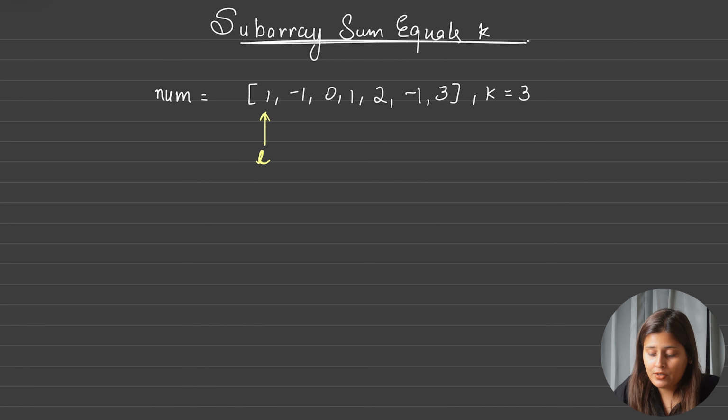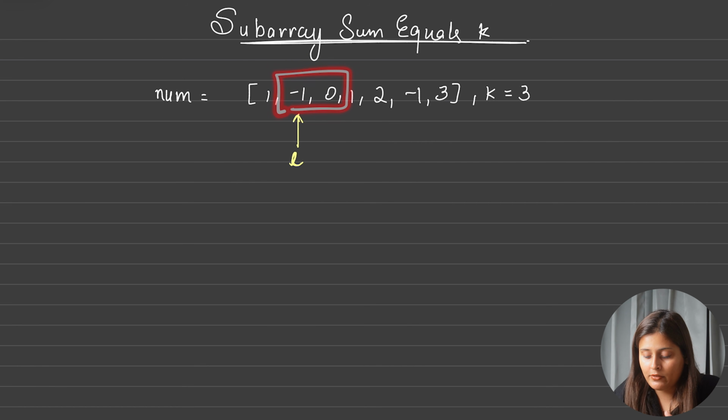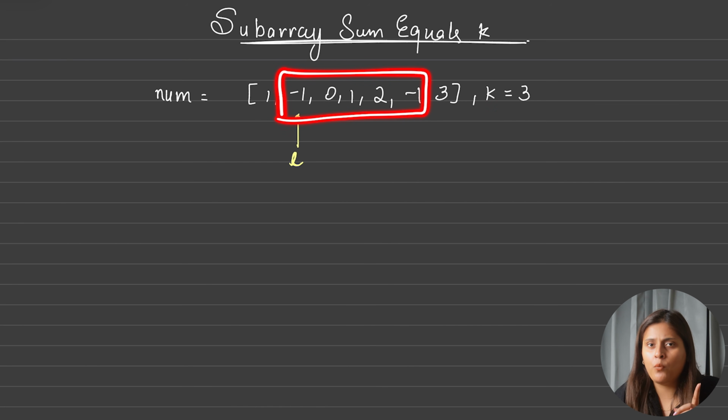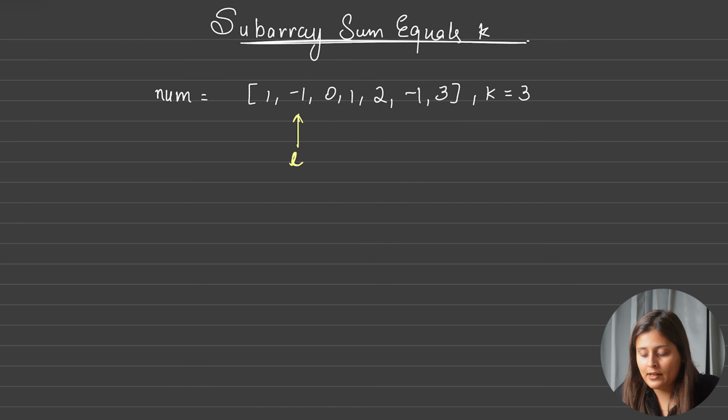Correct? Next time we would move this left pointer ahead, and now we will start from this index. So now we will add this, this will give minus 1, not valid. Again this is still minus 1, not valid. Now this is still minus 1. Now 0, not valid. Now we will add this and it will become 2, but we are looking for exactly 3, not valid. Again we will add this, and now this will become 1. Still it is not valid, and we will add this also 3 and it will become 4. Means we have not found any such subarray starting with this index which gave us summation 3.